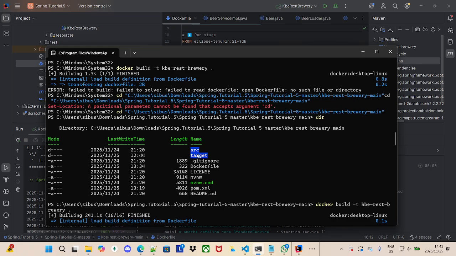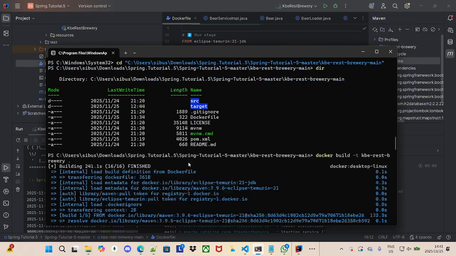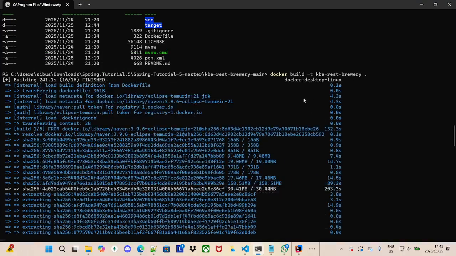As you can see, I have the target and my Dockerfile to show that my Dockerfile exists. Then after that, I go and test out my app to see if it's running well. I build my app first. I just want to show you, I build the Dockerfile first, which is